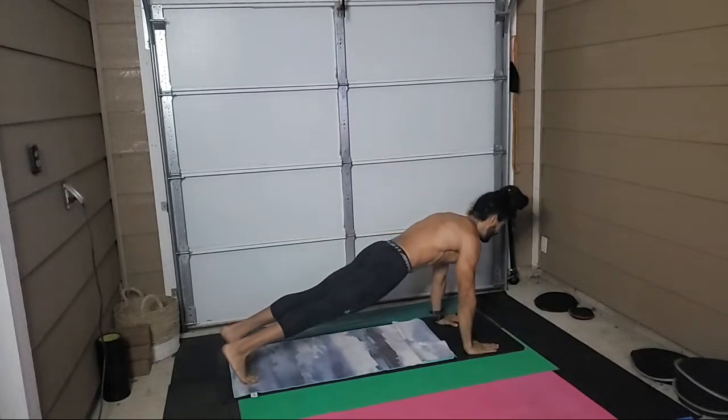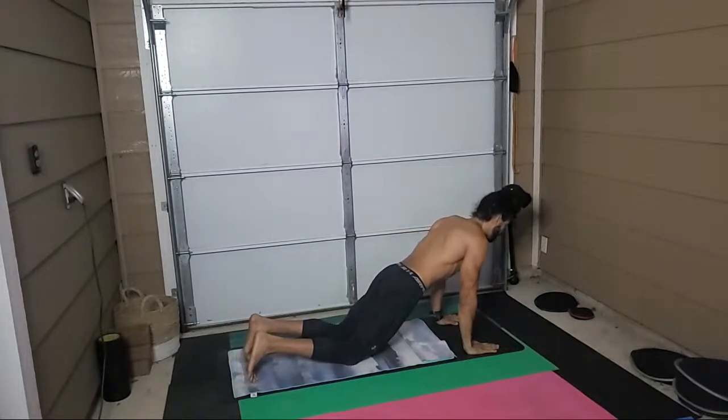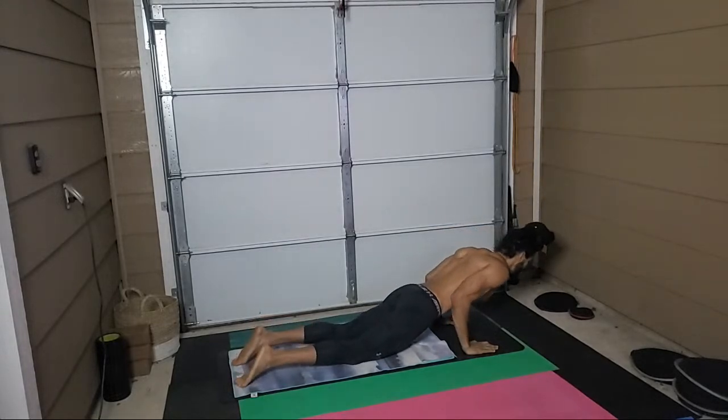Take a giant inhale in your high plank. Exhale, lower to the knees. Feel your body shift forward for chaturanga from the knees. Let your elbows catch your ribs in that float. And then slowly